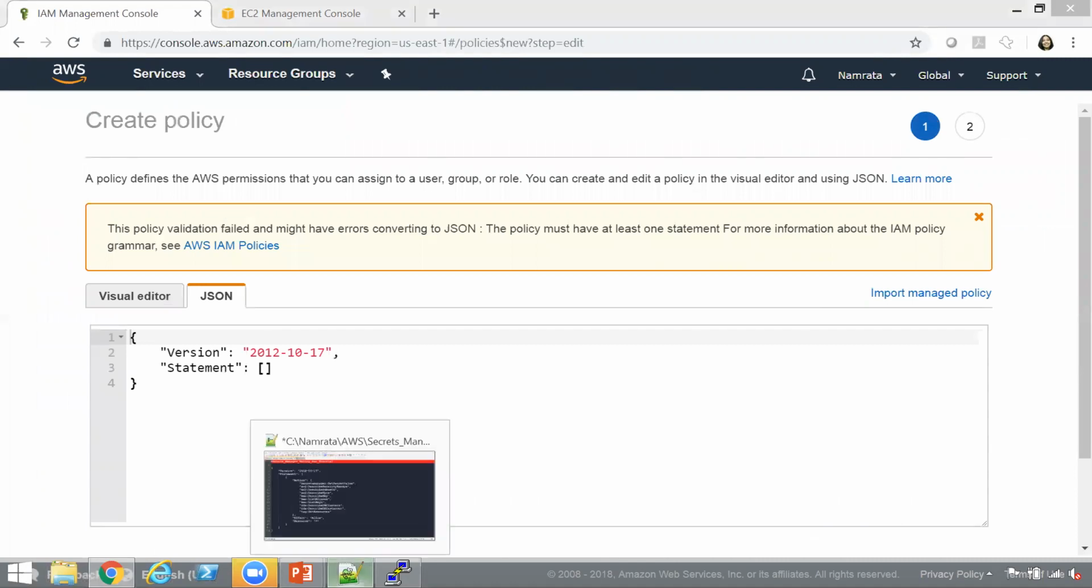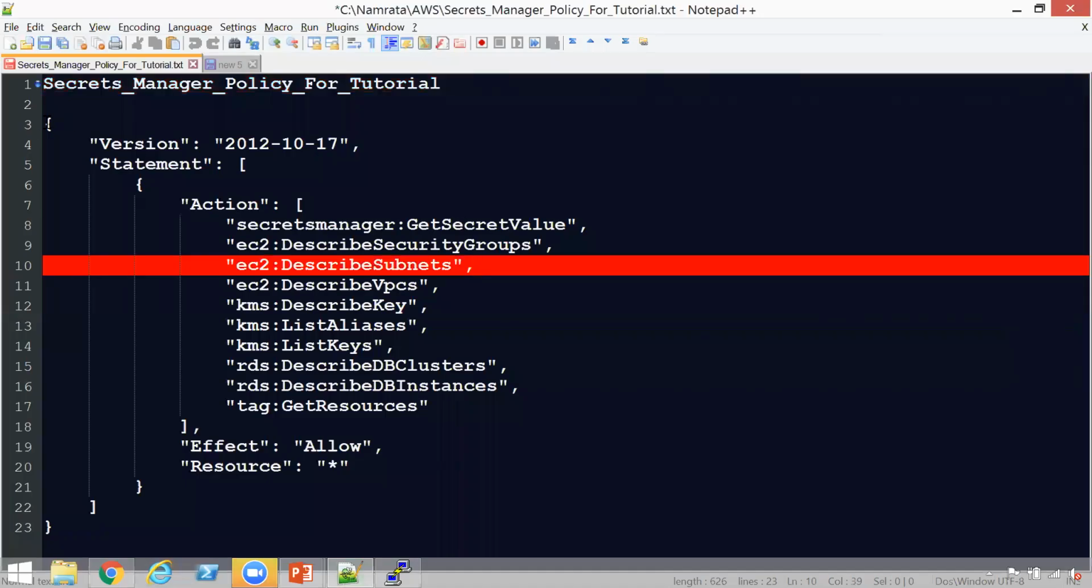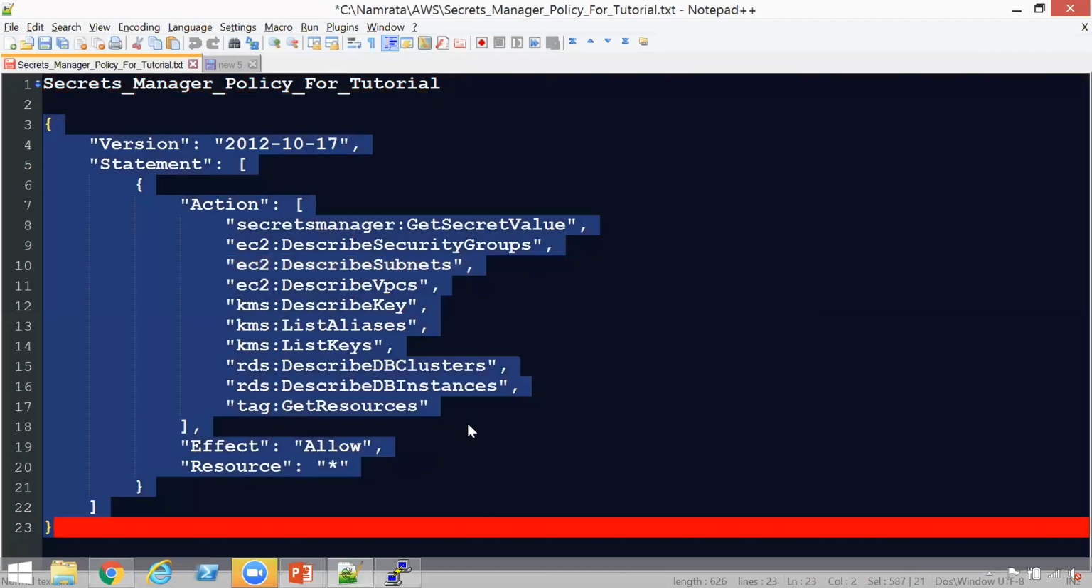So this is the policy that we will be using basically to grant permissions and access to our tutorial user. So as you see, the first action that we are permitting it to do, the effect is allow, and we will basically grant access to it on Secrets Manager service so that it can get secret value. After that, you see that there are a couple of permissions for EC2 to describe the security groups, subnets, and VPCs. KMS is very important when it comes to AWS Secrets Manager, because internally it uses KMS to basically encrypt